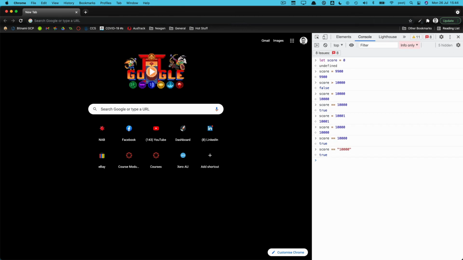It's helping me to compare a string of 10,000 to a number of 10,000, because it's thinking, well, it's not thinking, but it's going, 10,000 in quotes is a number in quotes, so I can convert it to a number easily, and then I can compare it to score. So it converts the right hand side to the type of the left hand side, so it will convert it to a number, and then it can compare it, you see,